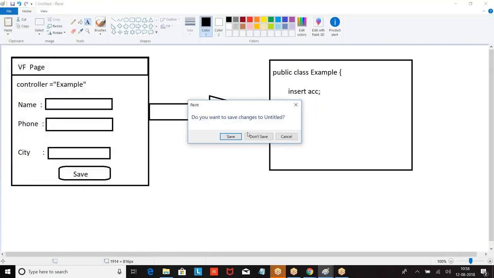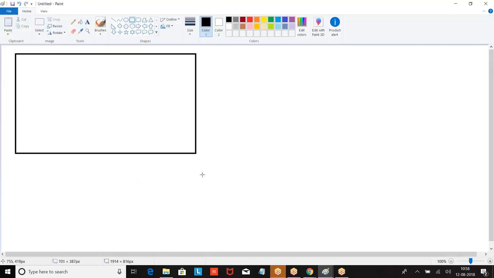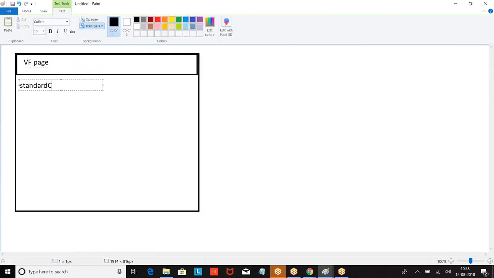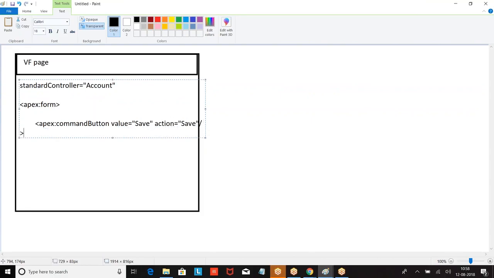Now, can I define a VF page like this also? Now, look at the VF page. What I have given? I have given a VF page where I told standardController account, apex:form, command button, value equal to save, action equal to save.